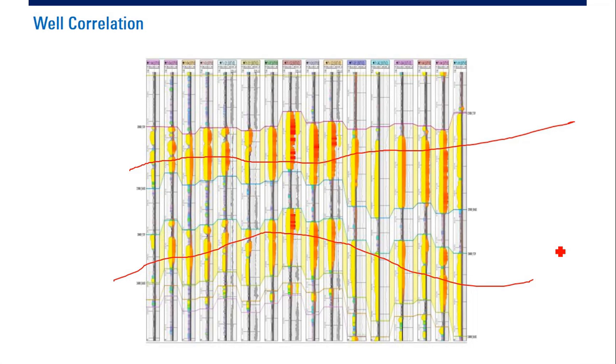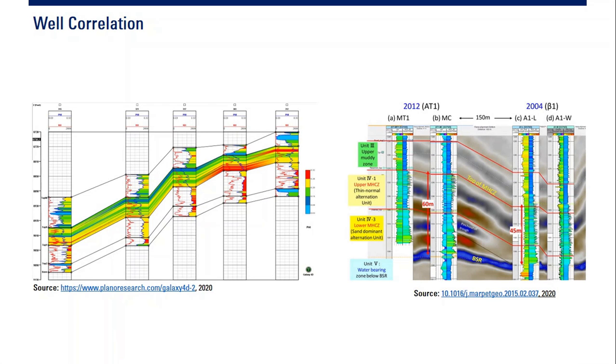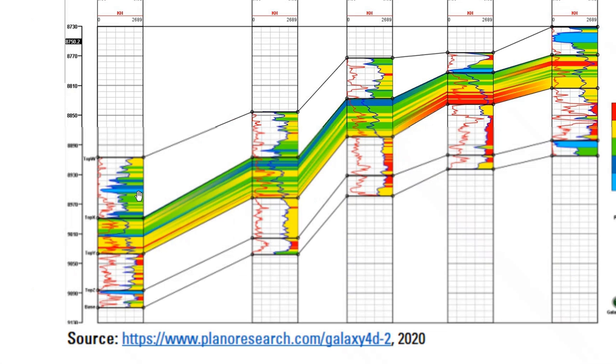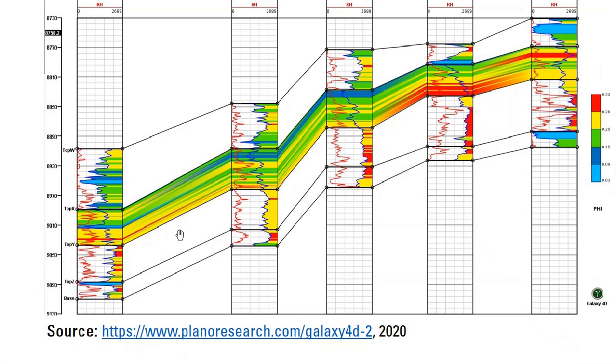How far the reservoir extends, we can plot that with well correlation. Okay, this is another well correlation so that you know the connection, the correlation between one well with another well can be depicted like this. And what happened here in the middle? This is actually artificial. This is not real.